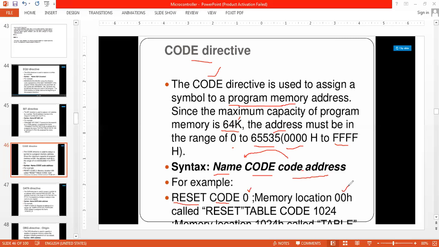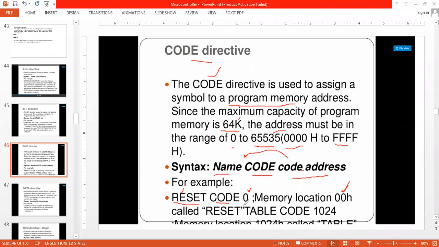So 00H is given the name reset. From that the code begins. Whenever I call reset, the code from 00H is fetched.